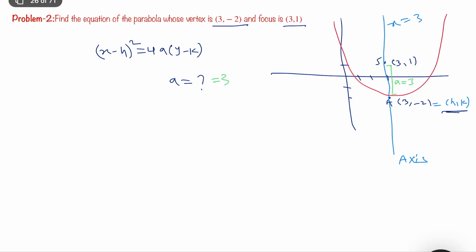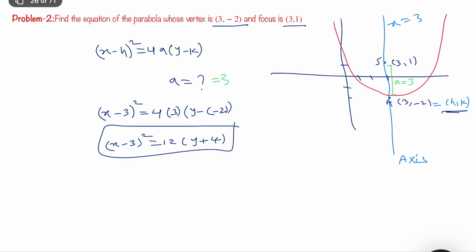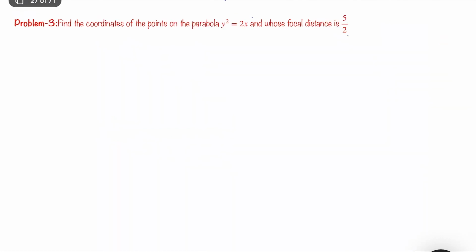So now we can write down the equation of the parabola. x minus h, h is going to be 3. x minus h whole square equal to 4 times a, a is this 3, and y minus of minus 2. So this is going to be x minus 3 whole square equal to 12 times y plus 4. Okay, this is the equation of the parabola. Fine. Okay. Next